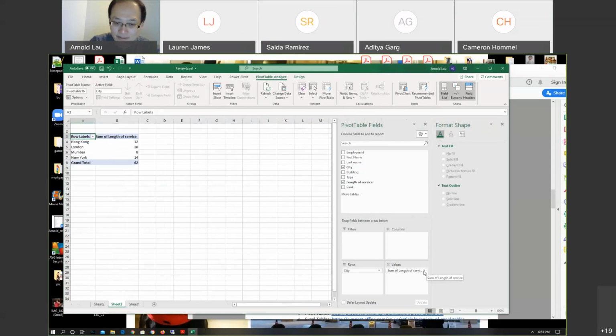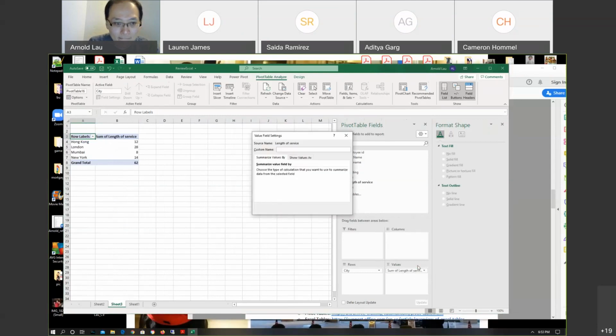And you remember for this, when you drag something over here, the default is to do the sum. So I think maybe for each city, I'm gonna look at the employees there and look at maybe the average length of service, right? So if I'm looking at